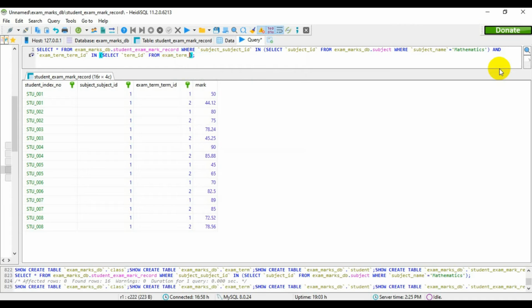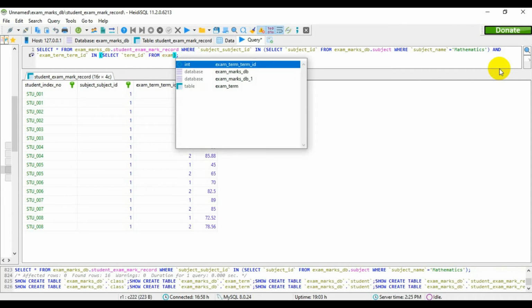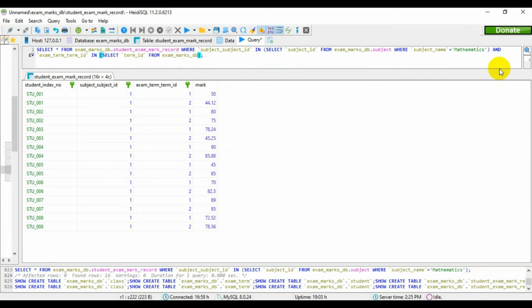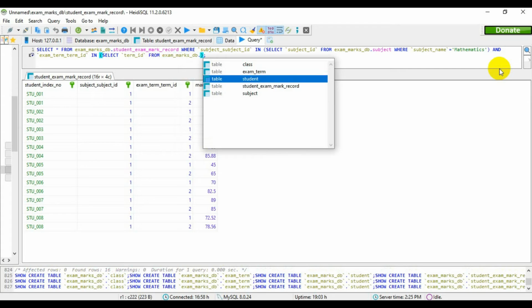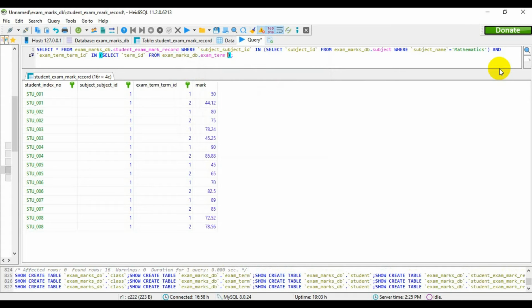Sorry, this is the database dot exam term where subject underscore name is